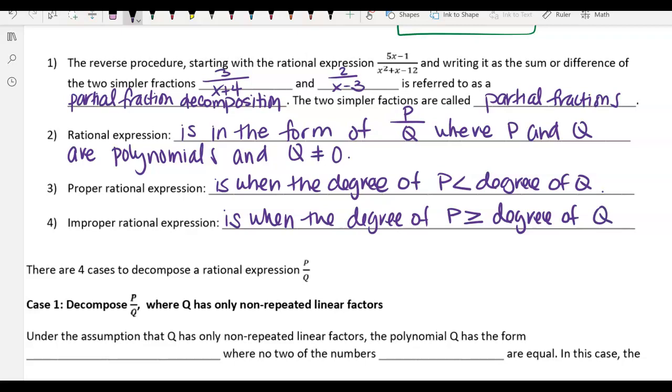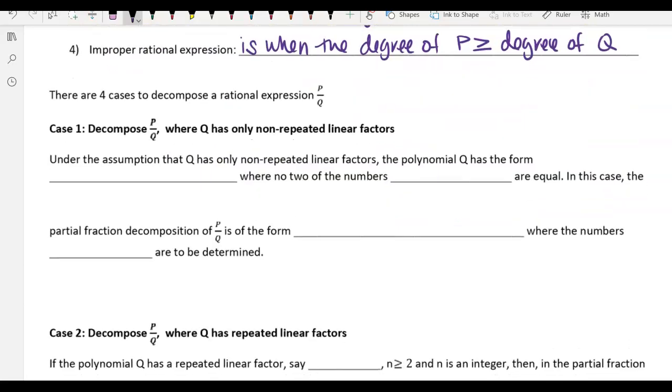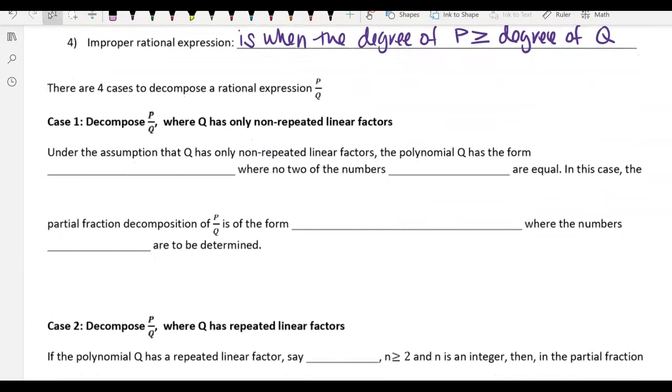All right, guys, there are 4 cases to decompose. So case number 1 says, to decompose P over Q, where Q, which is the denominator, has only non-repeated linear factors, okay? Under the assumption that Q has only non-repeated linear factors, the polynomial Q has the form. So here is the form for Q. So Q of X is